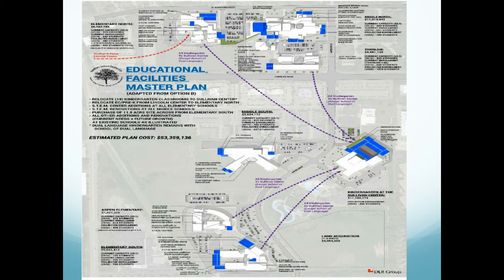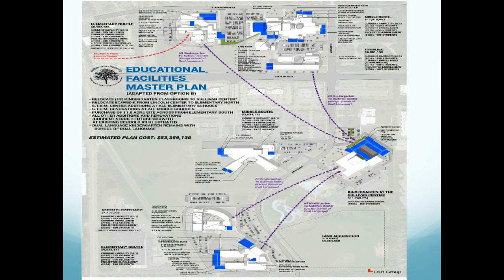I always caution folks, where you see the blue, that's just conceptual thought. That doesn't necessarily mean that's how the kindergarten building would be designed or look. It doesn't necessarily mean that's exactly where the addition would be, but we do know for Elementary North, that's where we would add the EC Pre-K and do a STEM center. At Middle North, we need to add gym space and some music space, as well as about 6 classrooms. Town Line would have an addition of some classrooms and some STEM center space.